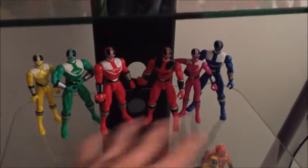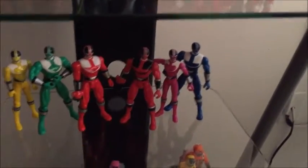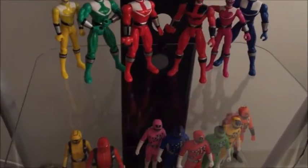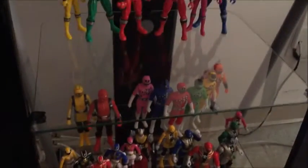I just put the Time Force Rangers there now, because they look really cool. And yeah, I'm gonna tell you guys the story of Time Force Rangers in a few minutes. But yeah, it's really weird, and I really like it. I've been hyping you guys up about that whole Time Force thing, and let me tell you guys how